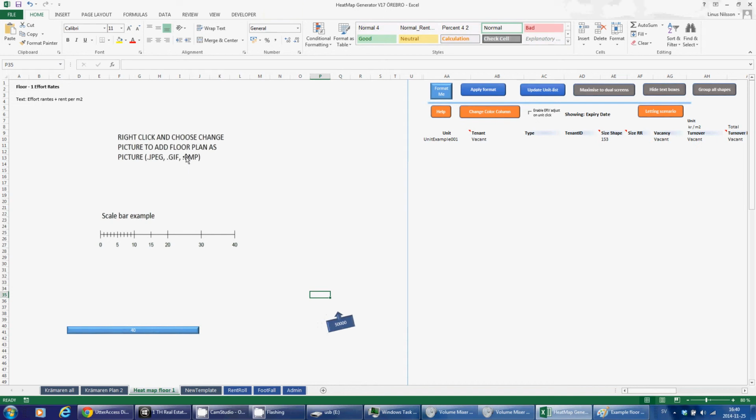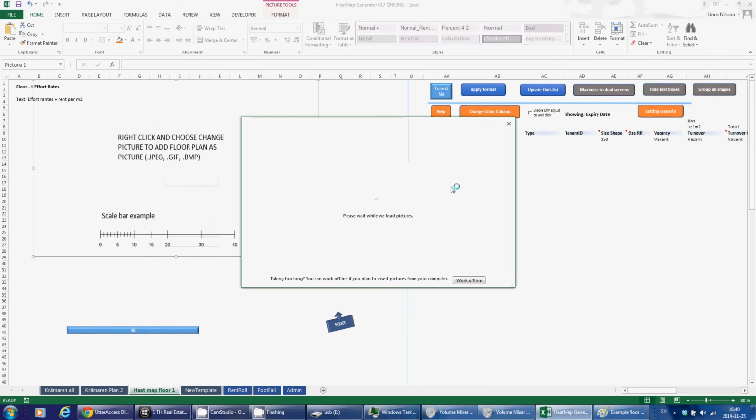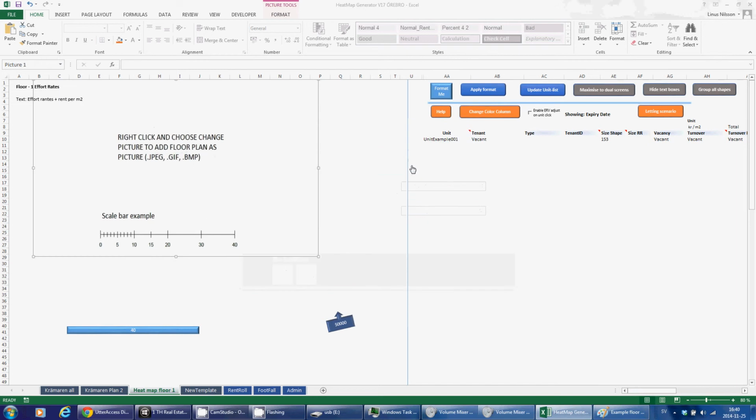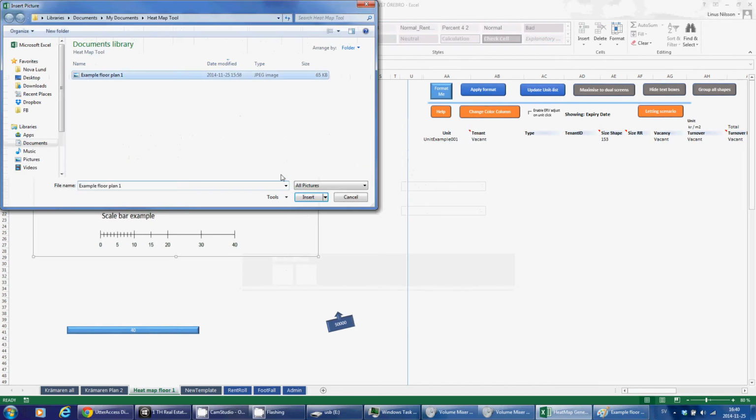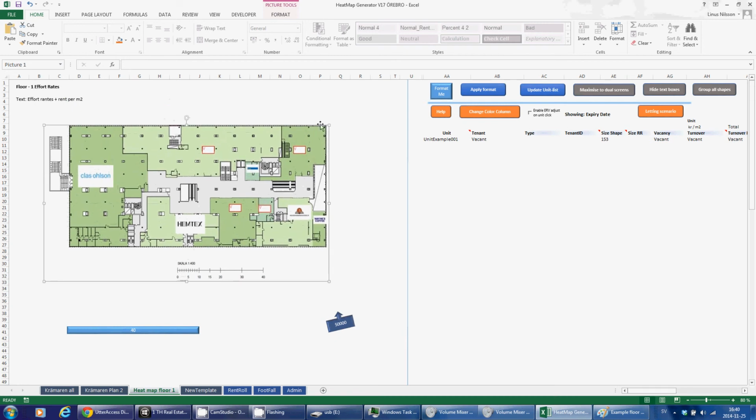If you want to add a new floor plan, if you want to use an image behind your floor plan to start with, simply click the image which is already there and click change picture and then load a picture from your computer. Once that floor plan is loaded,